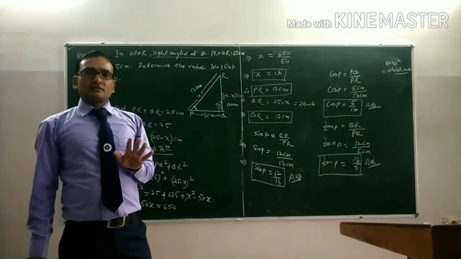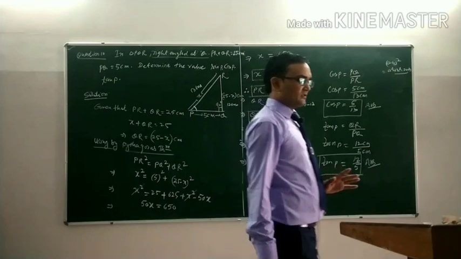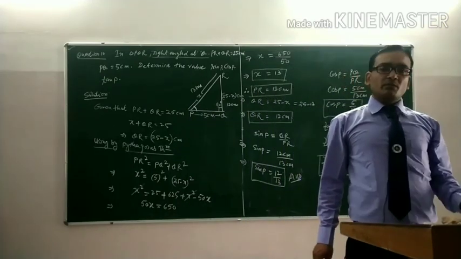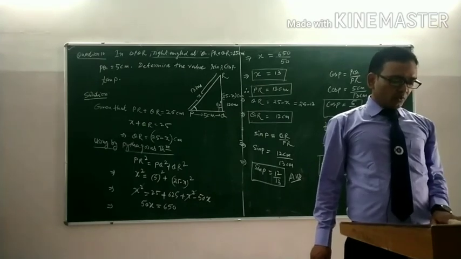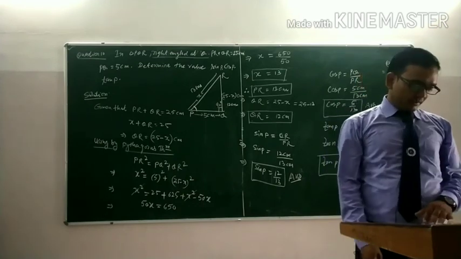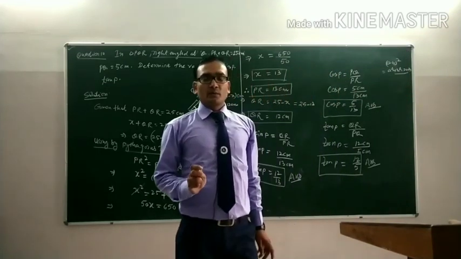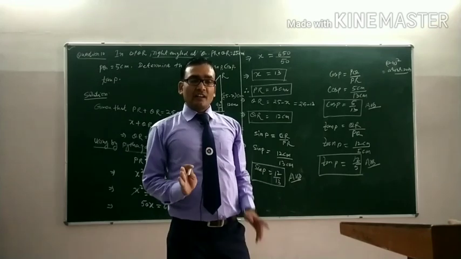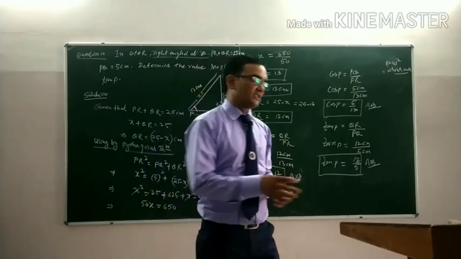Let us move on. Last question of exercise 8.1. Last question is question number 11. State whether the following are true or false. Justify your answer. That means here, given the 5 statements, we check whether the statements are right or wrong and give a justification for our answer. Okay, student?